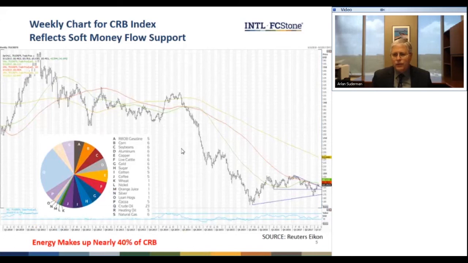I'm backing up now a chart. If, in fact, on this weekly chart, we see this rally continue and then take out the 2016 highs, that would be generally more positive for the commodity sector.